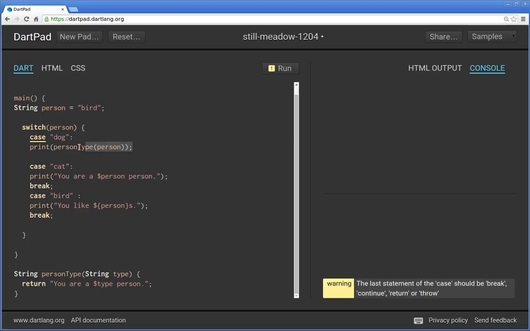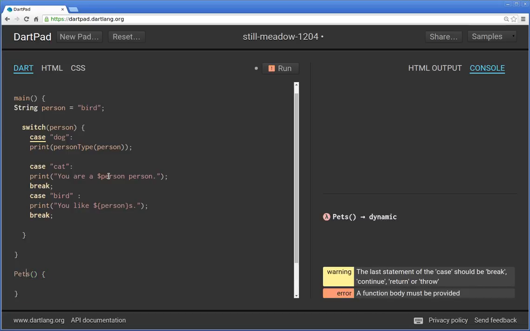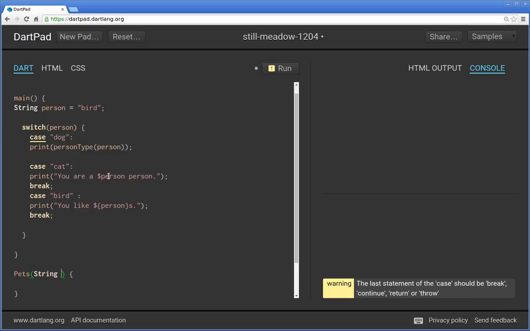After every case, what you're going to do right inside of here, you do need to have some type of ending. Break, for the majority of times. Return would only be if it's in a function by itself. So, for example, if you have a function called pets, and so then this would be like string pet, I guess. And then you'd say switch